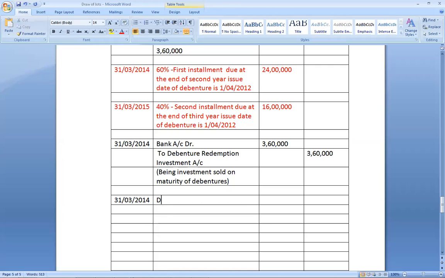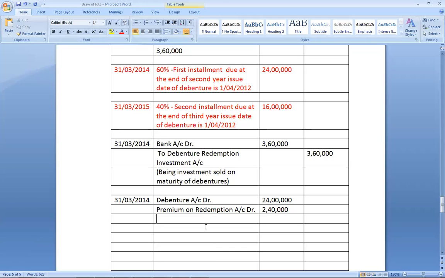Debenture is due with a premium. Remember that you have to give the premium also. So debenture is a liability. It was on the credit side but it came on the debit side because now it is matured. 24 lakh debentures are matured, 60% of 40 lakhs. Along with the premium it is due. So premium is a liability on redemption. It was on the credit side, now it came to the debit side, because it is due: 10% of this 24 lakhs.